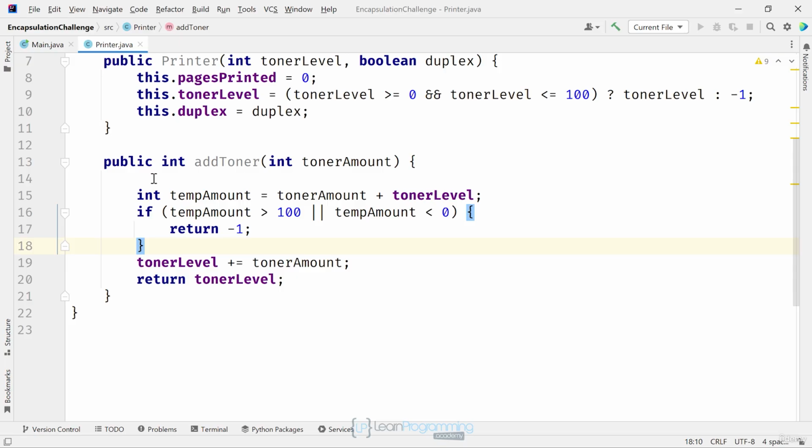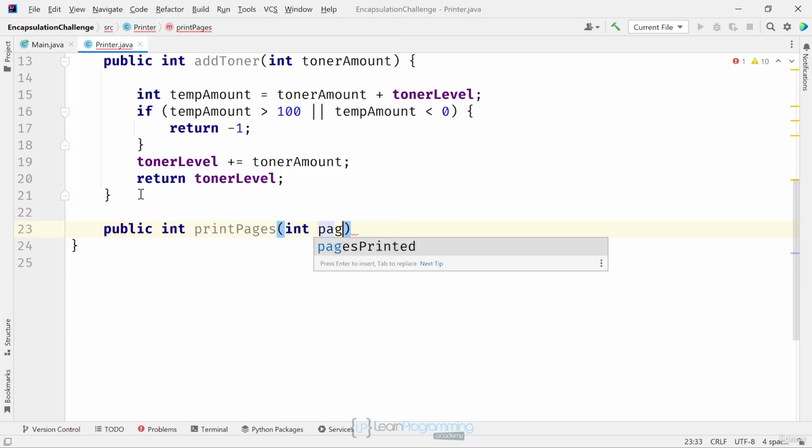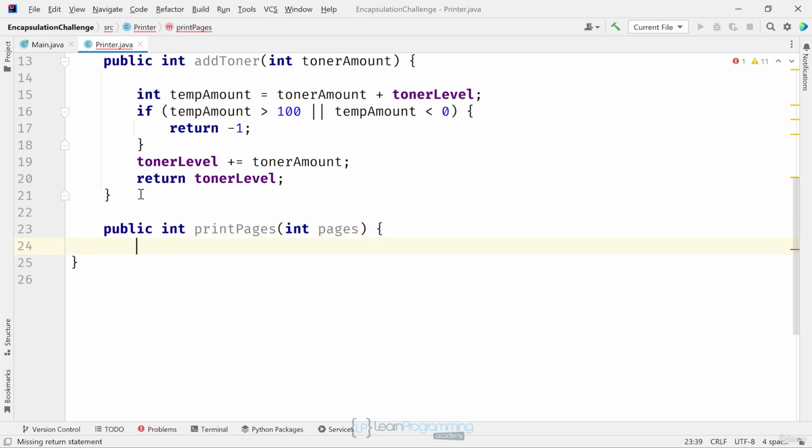And if that's the case, I'm not going to change the value of the toner level. Otherwise, I save the new value for the toner level and return that from the method. Okay, I'm almost done. Let's add the last method, the printPages method. Public int printPages, and the parameter is of type int called pages,